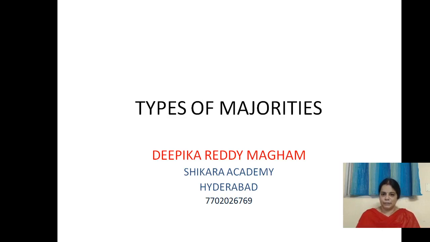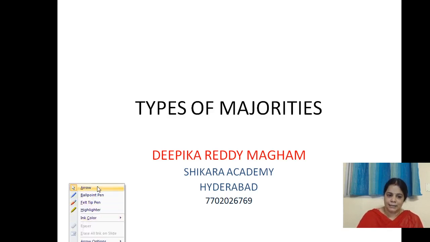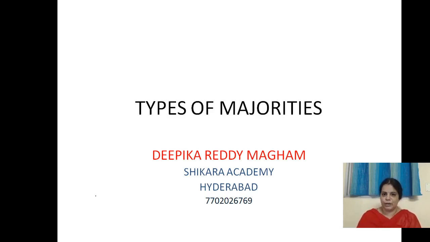Now in this particular video, I intend to explain to you about the types of majorities that are used in our constitution. Basically, if you have noticed, all decisions in our country are taken by the legislature. And the legislature is not one person but a group of people. Now how does this group of people make its decisions? It has to make all its decisions through voting. What are the different types of voting that are used in our country? What are the different types of voting that are provided for by our constitution, and for what purpose do we use these votings? This is what I'm going to explain in this video.